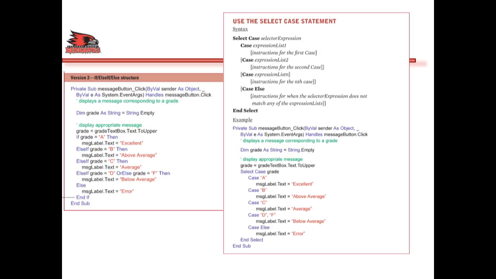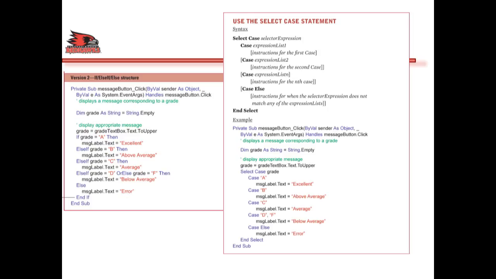Then it goes to the select case, and after select case it looks at the variable stated. So it looks at grade, and what's inside grade, and based on that it matches up with several different cases, and then gives the output. So if A is inside grade, then output excellent; if B, above average; if C, average; if D or F, below average. And in the case where none of these match, it goes to case else and